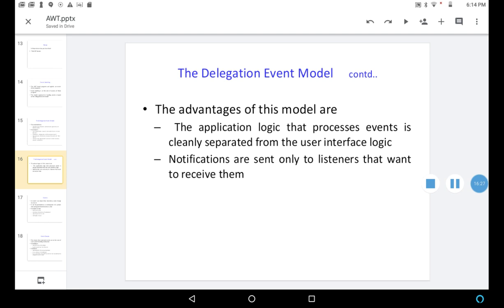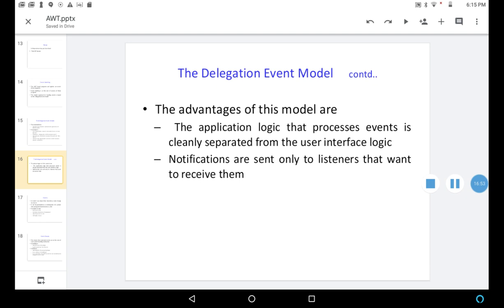The advantage of this model is that the application logic that processes events is cleanly separated from the user interface logic. So the user interface logic is separated from this event handling. And notifications are sent only to listeners that want to receive them.